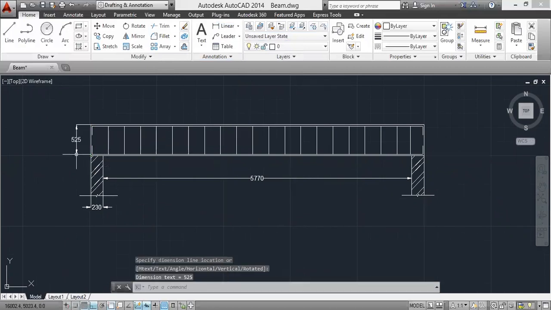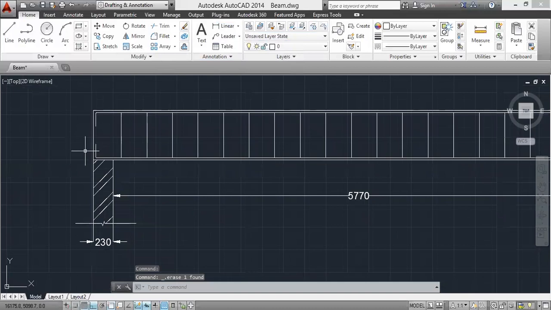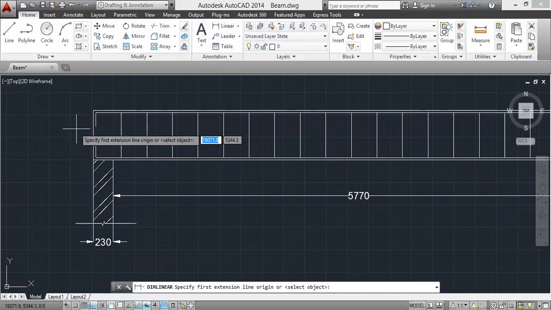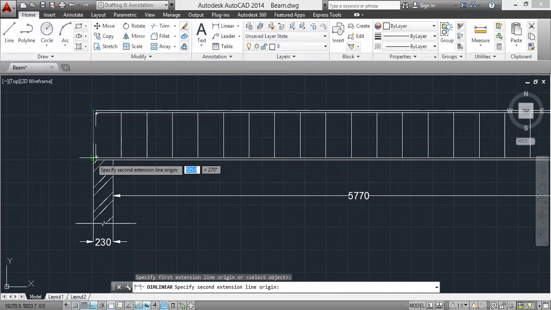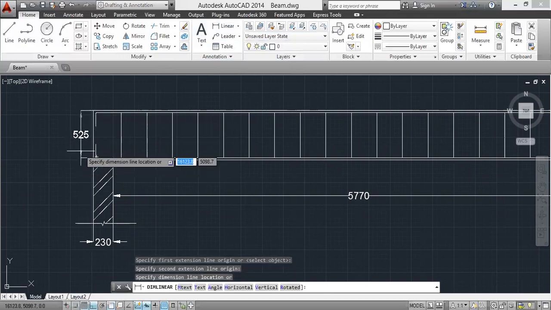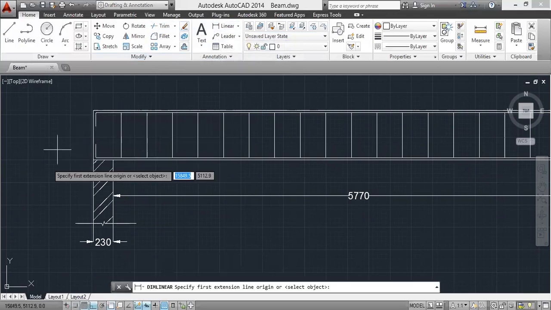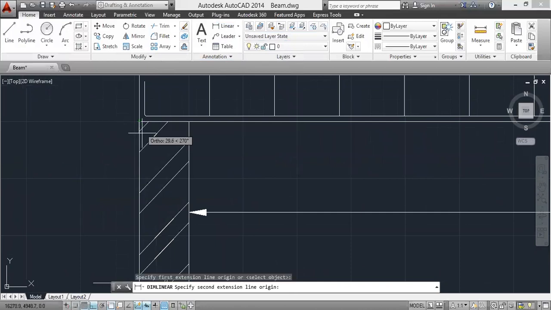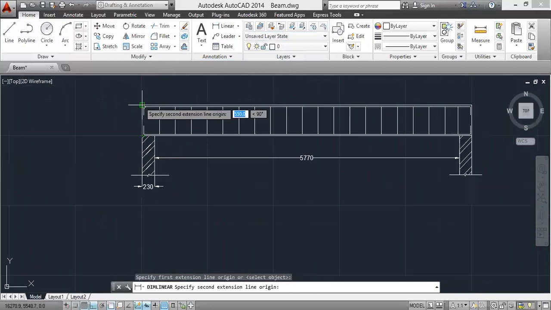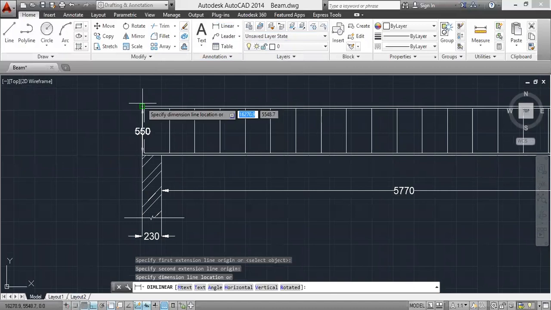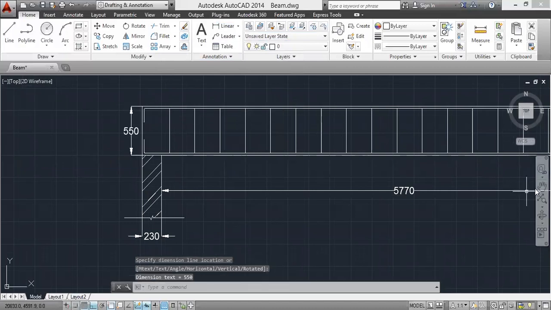Depth of the beam, exterior to exterior, is what we have to check. So this point to this point. Okay. From this point to this point, 550 mm.